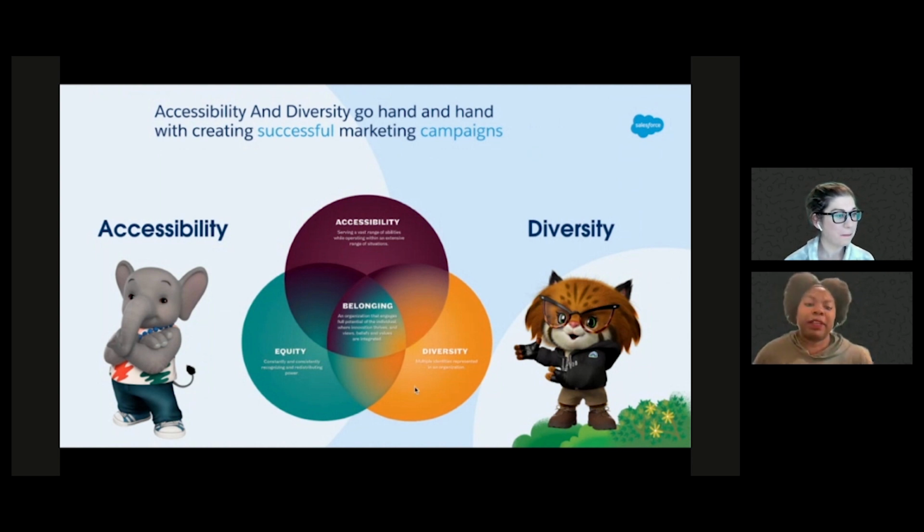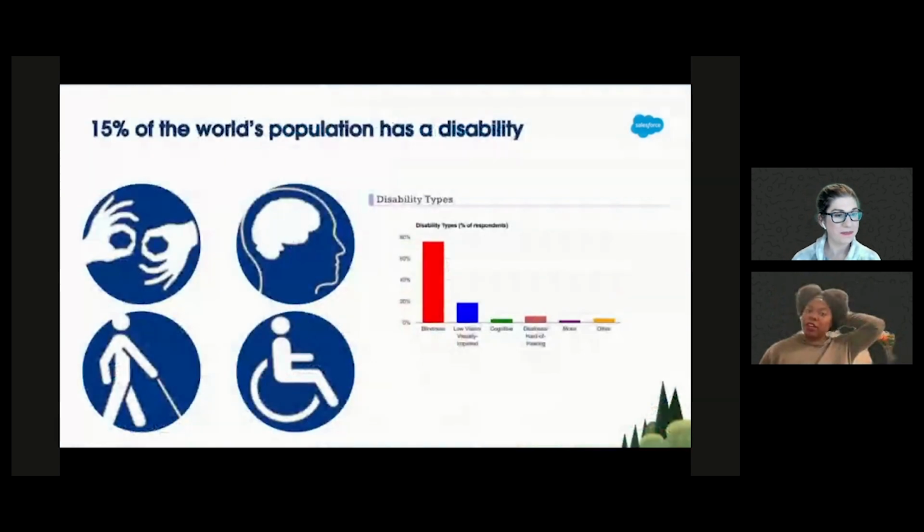So let's talk about accessibility. 15% of the world has a disability of some sort, whether it is physical, cognitive, motor, visual, or auditory, with a very large amount of people being visually impaired. So when we talk about that number of 15%, what are we saying?